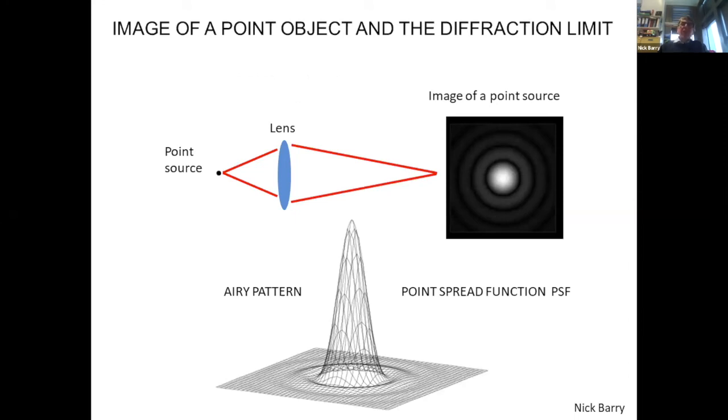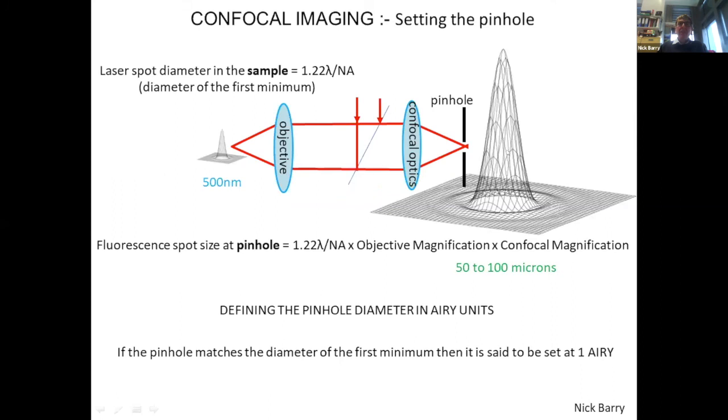When using it, what we've got to really think about is this notion of diffraction limited work. We have a point source in the sample emitting light. The image of the point source isn't another infinitely small point, it's this diffraction pattern, the so-called point spread function or Airy pattern. What we've got to do is match the pinhole to this pattern. Going back to the concept of the confocal microscope, we've got this pinhole matched to it, but we've got magnification in, so our object is tiny, and all the magnification means that the actual pinhole itself is